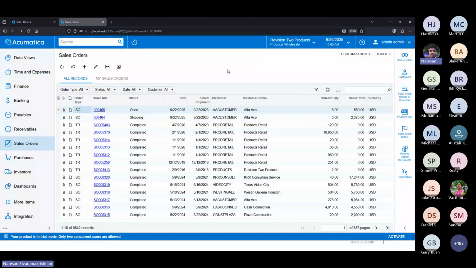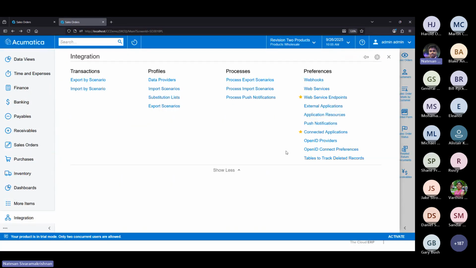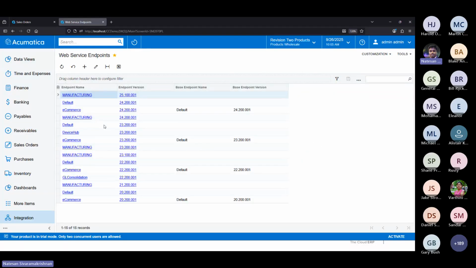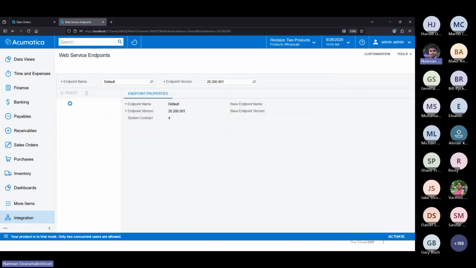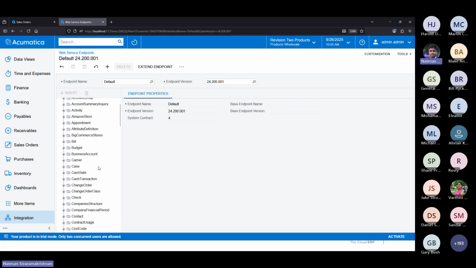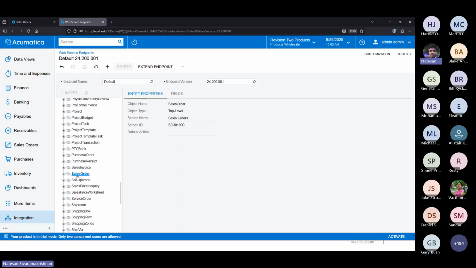So here I have a 25R1 instance set up, and we have the web services endpoint screen in the integration workspace under the web services endpoint. The screen displays the list of system endpoints that are available. If we take a look at the default endpoint here in the screen, we can see the endpoint name, the endpoint version, and on the left-hand side, we can see the tree view of the entities and the different fields mapped for each entity. For example, if we select the sales order entity, we can see it corresponds to the SO301000 screen,